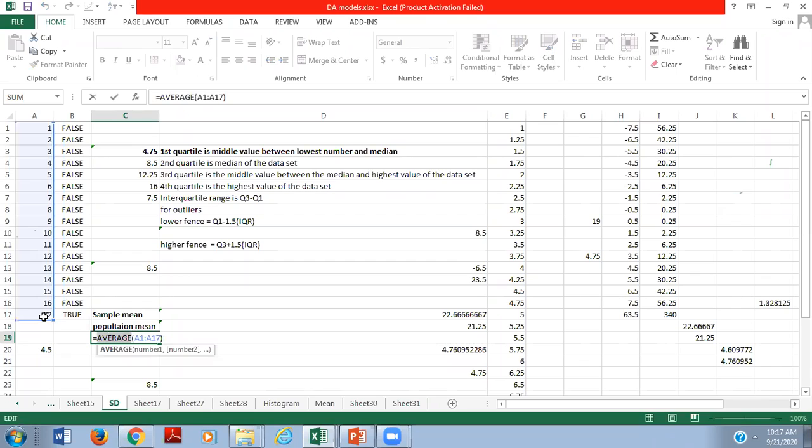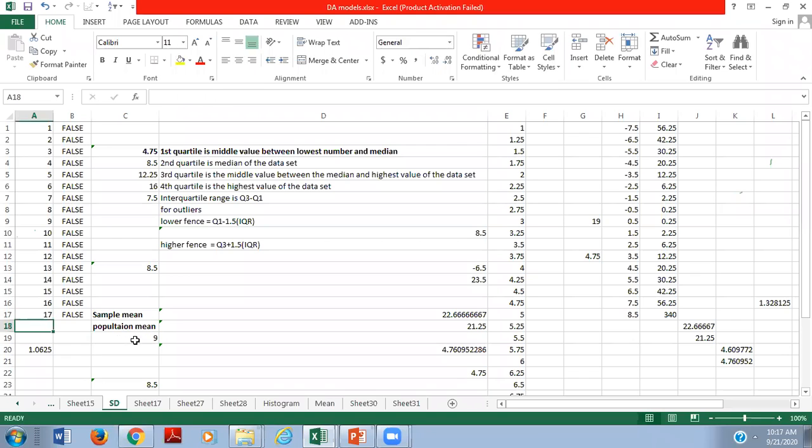Right now, if I take the average and make this value 17 instead of 72, then just see, it's 9. So 9 is not much far from the particular average value, right?